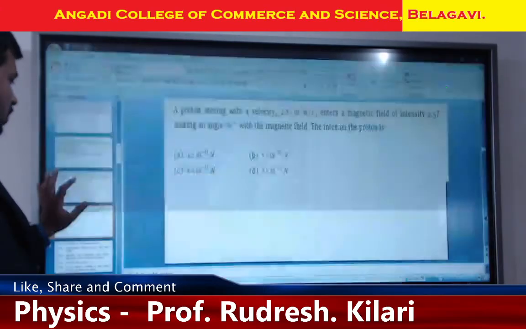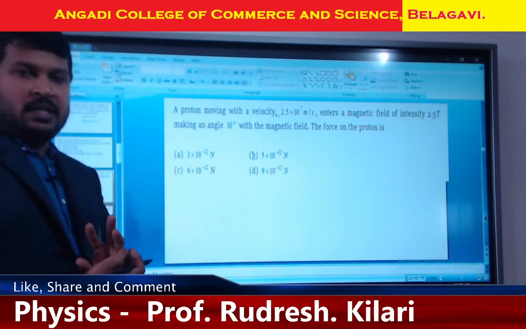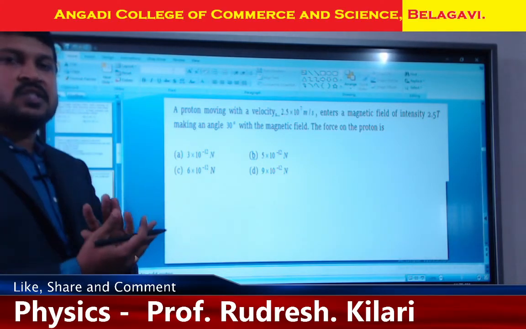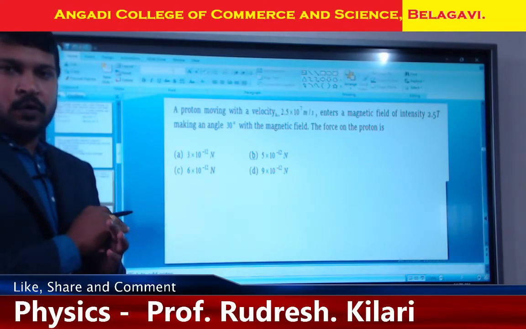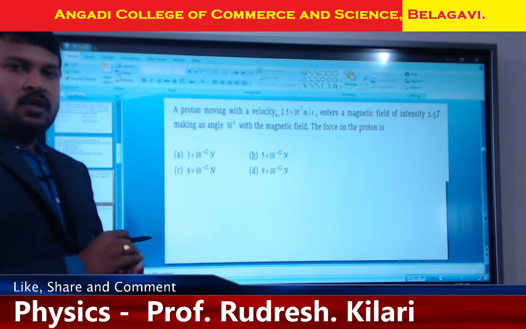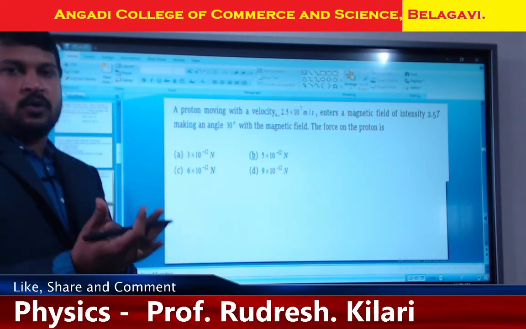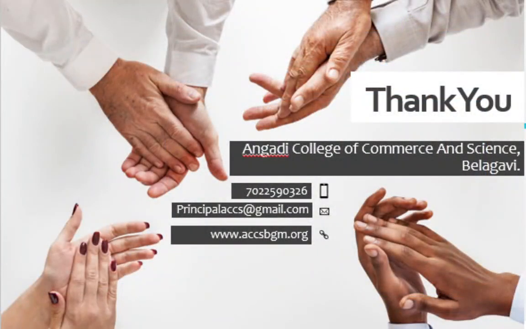Here we finished all the questions. Around 40 questions I solved from moving charges and magnetism. Up to 20 questions I solved from Karnataka State board papers from 2019 down to 2014. You can check that. Practice also. And again 20 expected questions from upcoming exams I solved. Students, practice this and be ready for the exams. Okay, thank you.